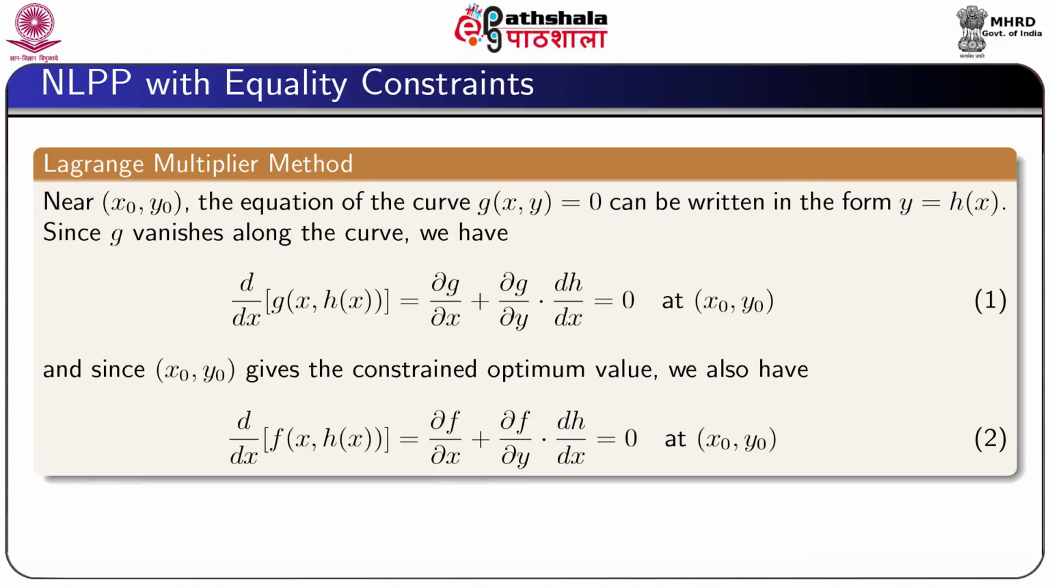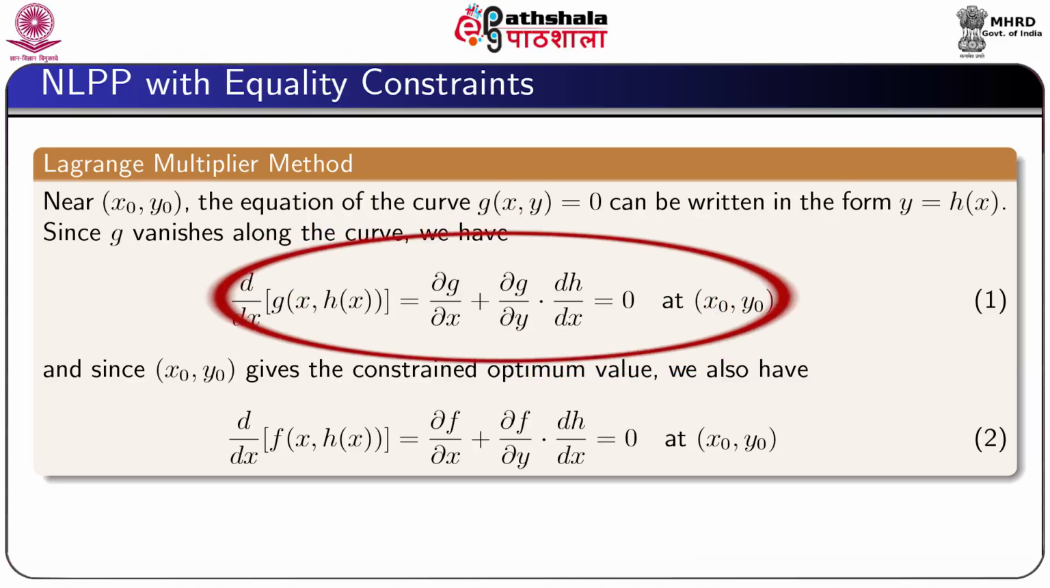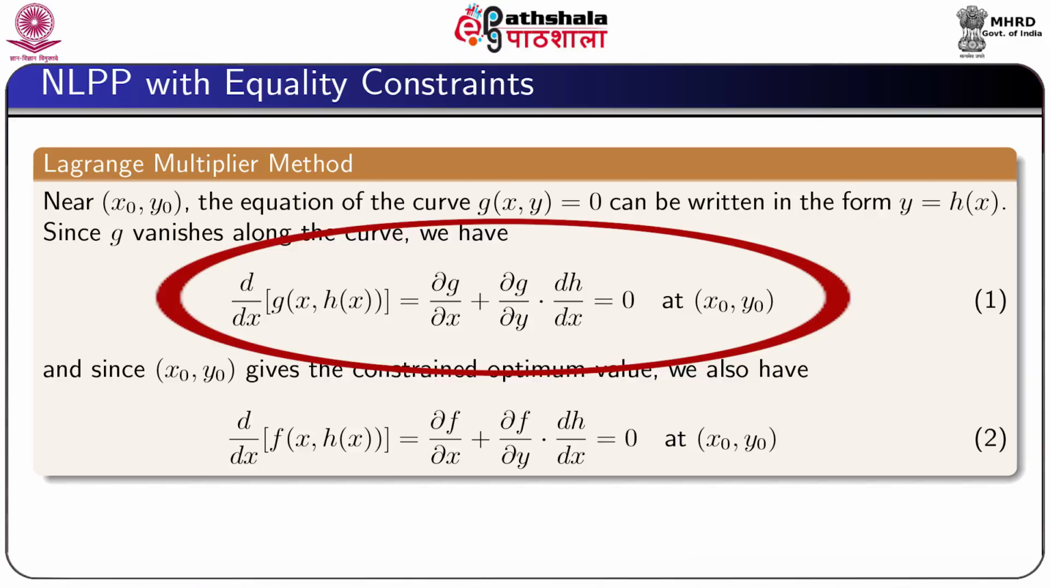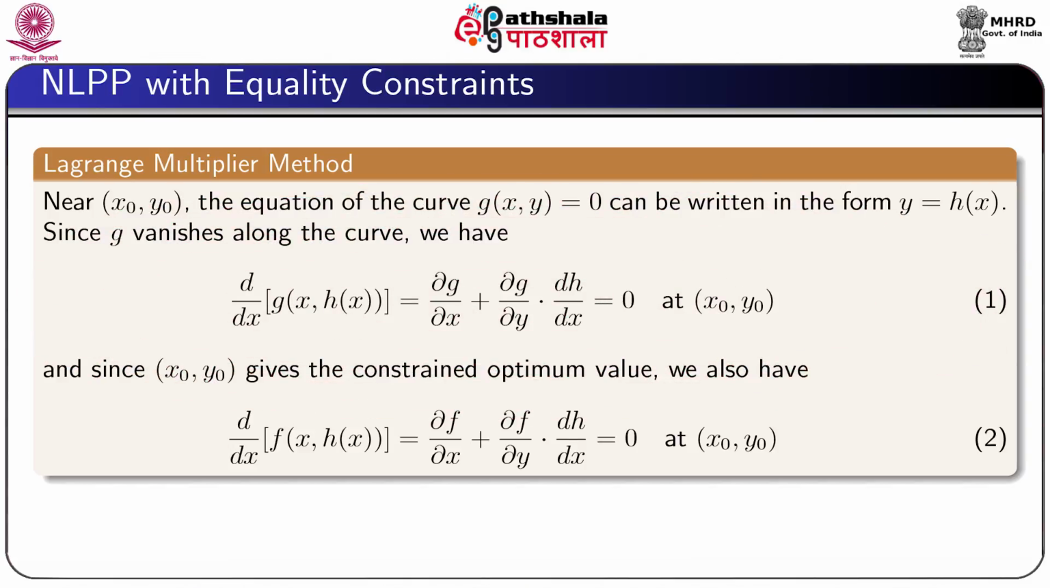Near (x0, y0), the equation of the curve g(x, y) equal to 0 can be written in the form y equal to h(x). Since g vanishes along the curve, we can write d/dx of g, which is equal to ∂g/∂x plus ∂g/∂y times dh/dx, equal to 0 at the point (x0,